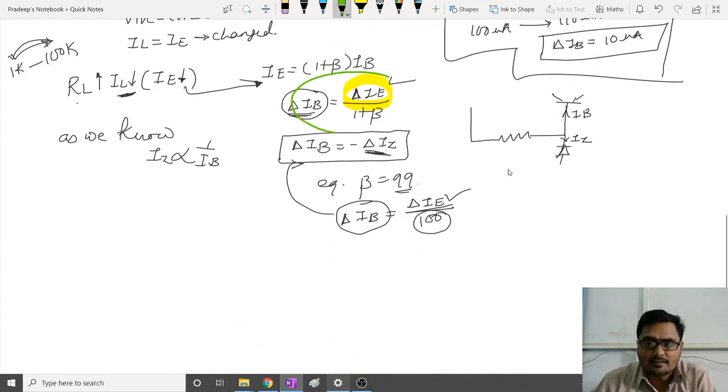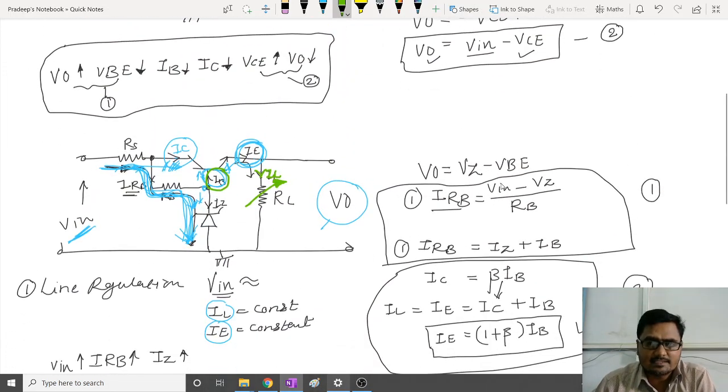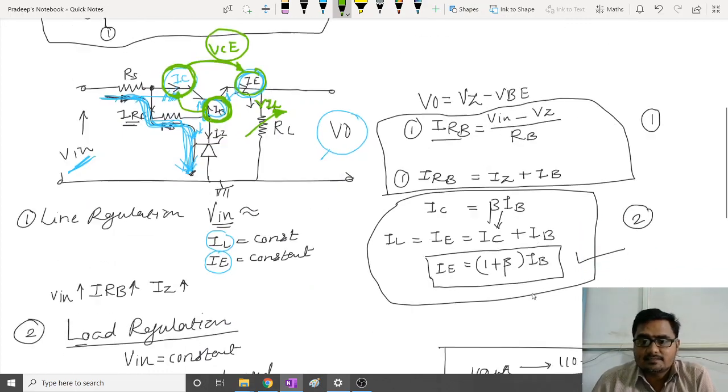But what happened? Because of this equation, load current में ज़्यादा वेरिएशन आ रहा है बट IB का वेरिएशन बहुत कम है. So if there is a small variation in IB, obviously there will be small variation in IC, then the total variation in the current will be very small. The total variation in the voltage, that is VCE, will be very small. So total change in VCE, even if it is very small,